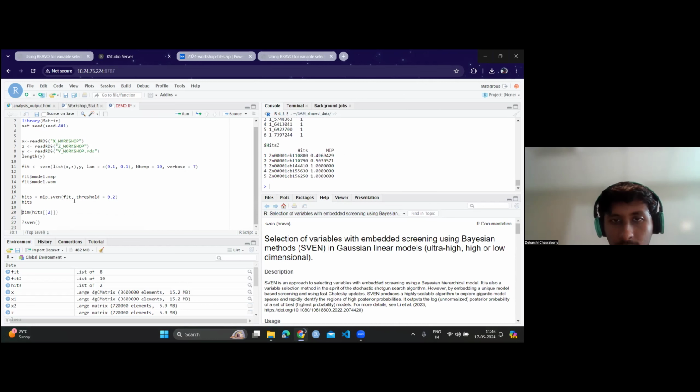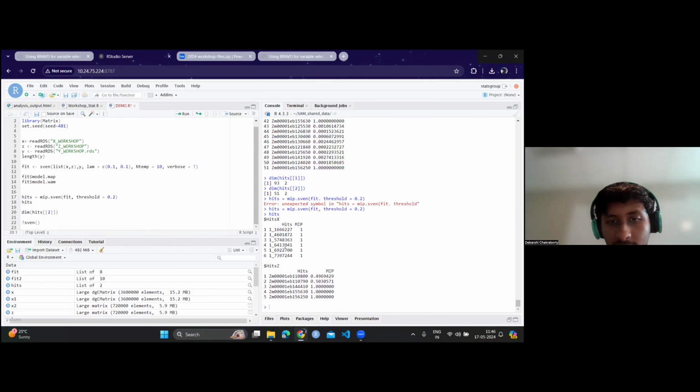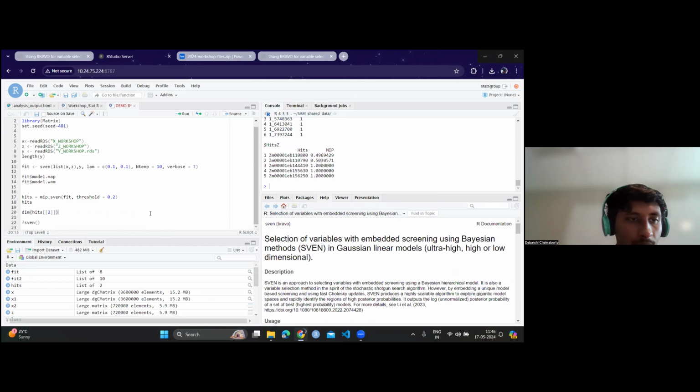Yeah, that's good. Okay, now if we look at the output, it's just 6 SNPs and 5 gene expressions. So let us see. For the gene expressions, if you check the dimension, it's just 5. And for the SNPs, it's just 6. Okay, so let us look at the